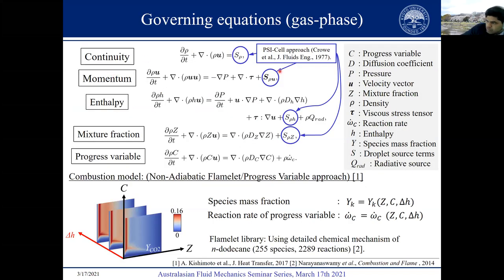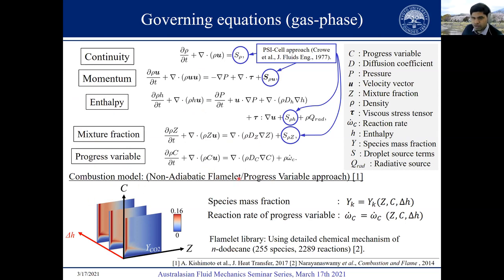So I'll just start with a brief overview of the governing equations and the models that were used in this study. You might all be familiar with the governing equations of the gas phase. We solved the gas phase in the classical Eulerian coordinate framework, right? For the gas phase calculations, we are basically solving the continuity, momentum, enthalpy, mixture fraction, and progress variable transport equations. So we adopted this flamelet approach